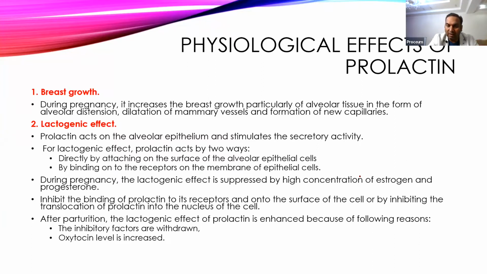So they inhibit the effect of prolactin on the breast tissue. Estrogen and progesterone inhibit the binding of prolactin to its receptors on the cell membrane, and that reduces the formation of milk, so there is no milk formation during the pregnancy. Immediately after birth, the placenta has been removed from the body, so there is not such a high concentration of estrogen and progesterone, and that inhibitory effect is removed, and that starts the lactogenic effect